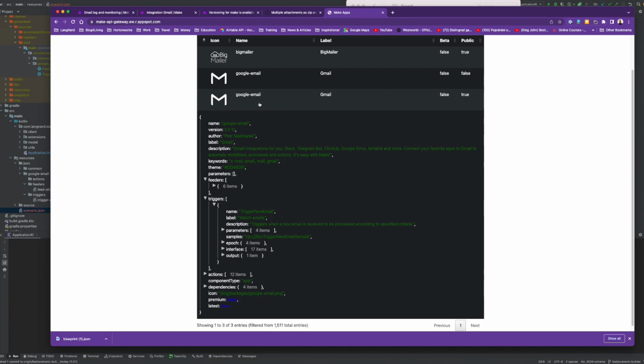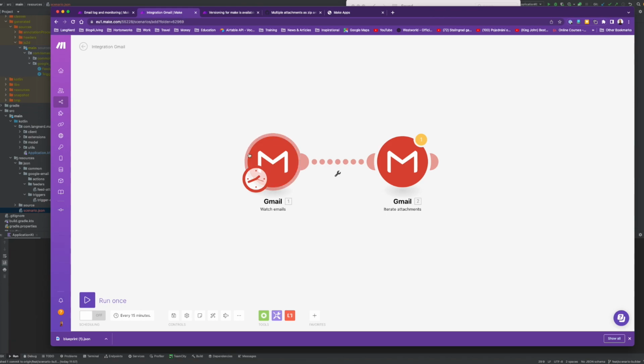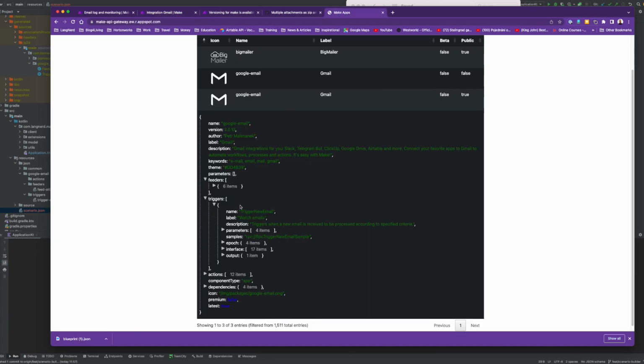So, for example, looking at Google Email, which I have here. So, watch emails, for example, is a trigger. If I go to my Make app, I can see the triggers, trigger new email, so labeled as watch emails. This is a trigger. And a trigger is something that is like the initial input into your workflow,